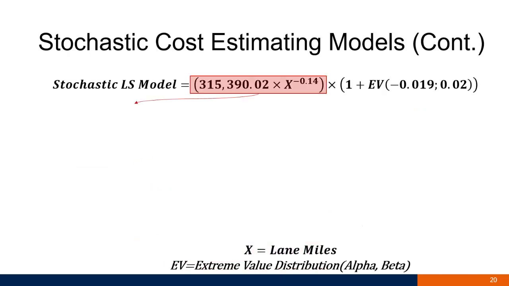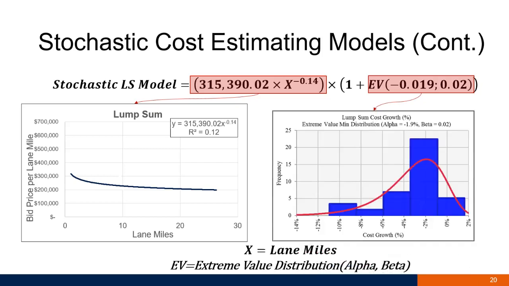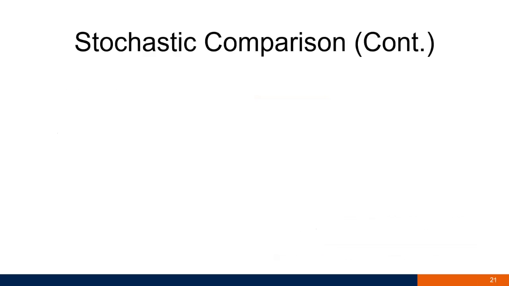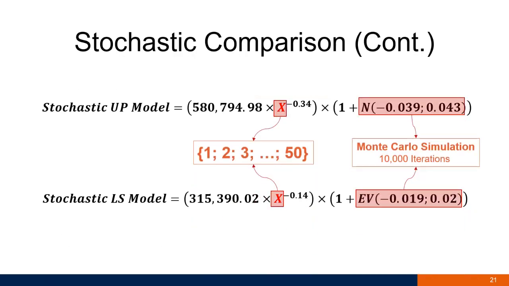We have this part, which is the equation that we got for the lump sum, or the trend line from the deterministic part of the equation. And here is the extreme value distribution, or the probability distribution that we got from the cost growth. So what we did is we did this stochastic comparison, where we came up with hypothetical 50 projects, or 50 lane mile projects. So with the number of X, we had 50 different scenarios on the deterministic part,